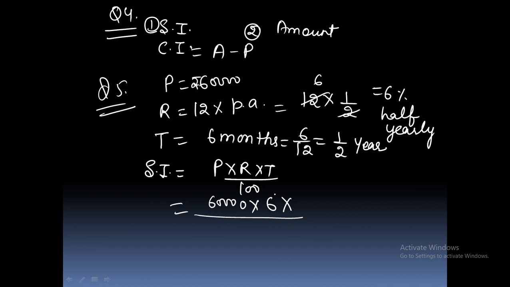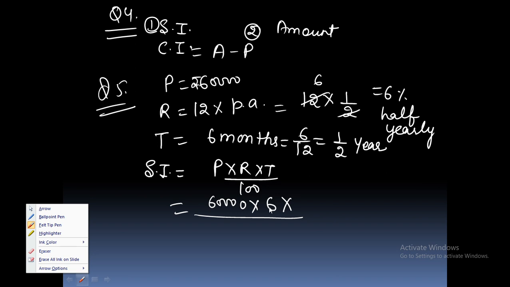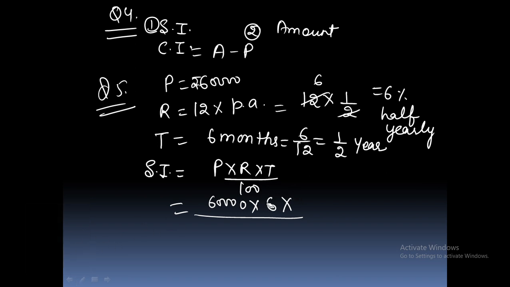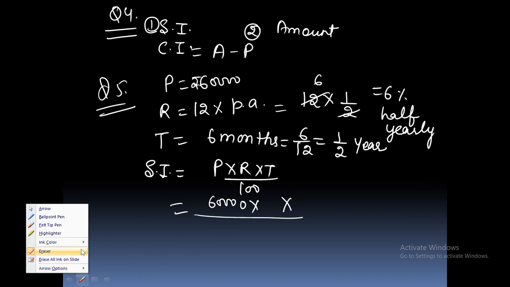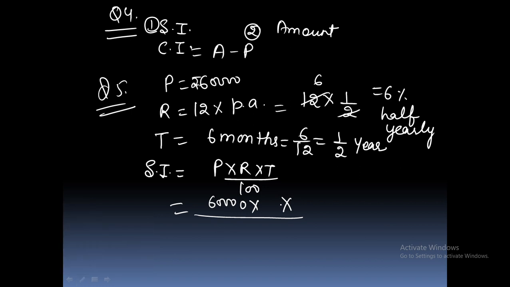So that's why here we will use time half year, but the rate of interest will be taken by us, that is 12. Time will be half year multiply 100. Zeros cut with 0, 2 6 are 12, and 3600 is the amount of simple interest when time is 6 months, and amount will be